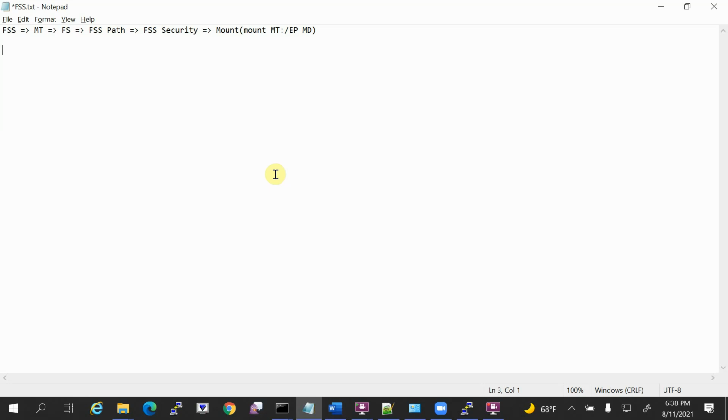Take for example, your performance is the highest priority. You are going to store your Oracle database files. In that case, I would recommend you to use the block storage.